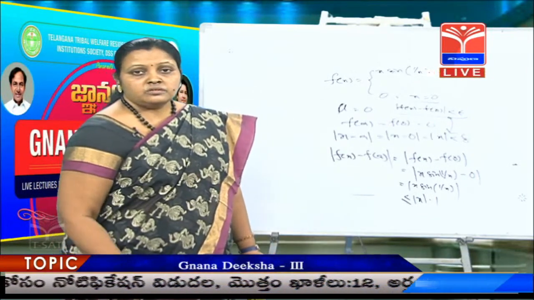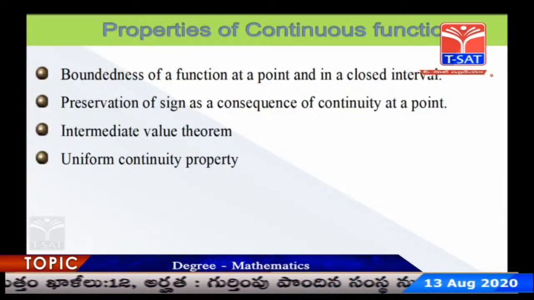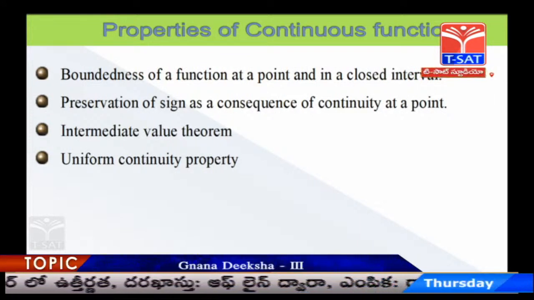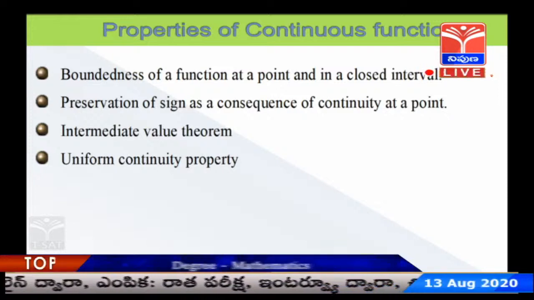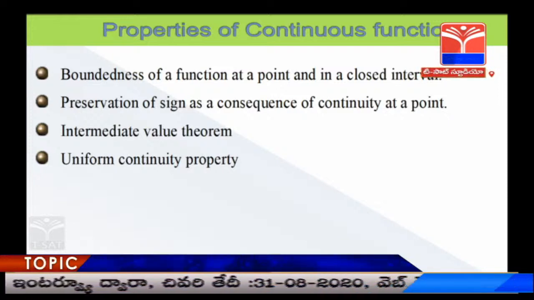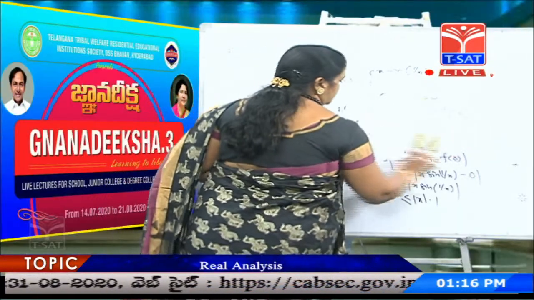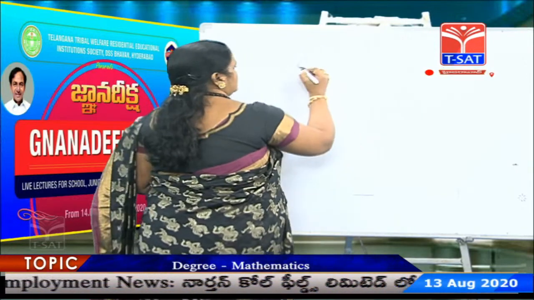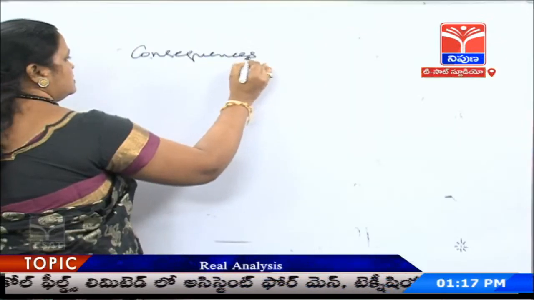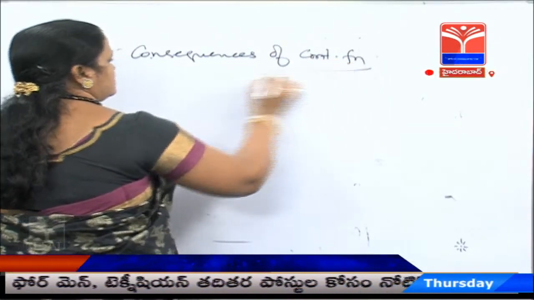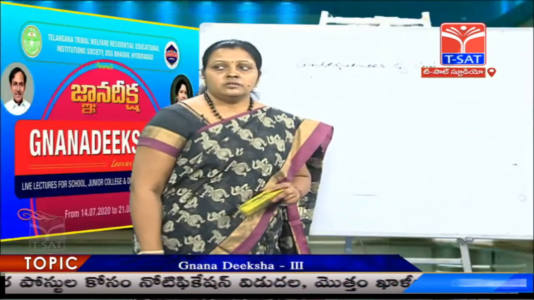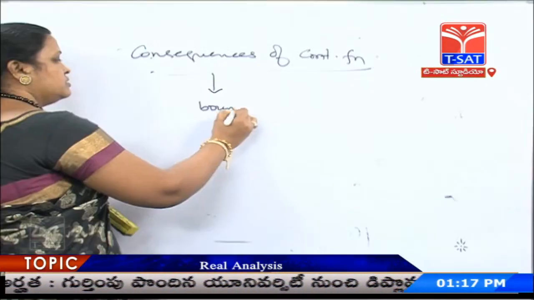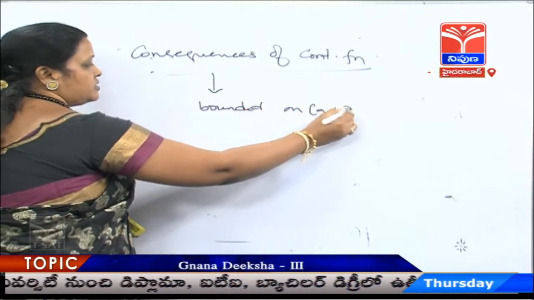So, this is the procedure. Now, coming to the properties of continuous functions: boundedness of a function at a point and in a closed interval. What do you mean by this? It is also said to be a consequence of continuous functions. Consequences of continuous functions means every continuous function is bounded, and it is bounded on any closed interval. This is the first